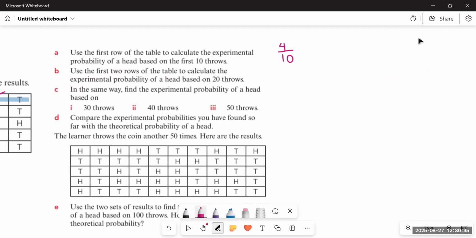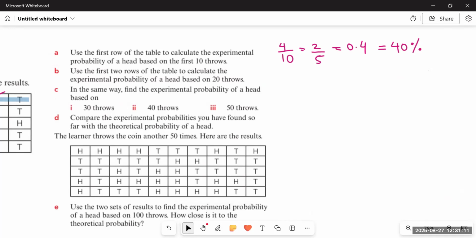You can write it in the simplified form as 2 by 5, or even in the decimal form as 0.4, or as a percentage. It's up to you. If it's not mentioned in the question that you have to write down the probability in any specific form, that is fraction, decimal or percentage, then you can write it in any of the 3 forms. But writing it in percentage or decimal is more appropriate. So prefer writing it in decimal or percentage. It would be better if you write it as 0.4 or 40%.